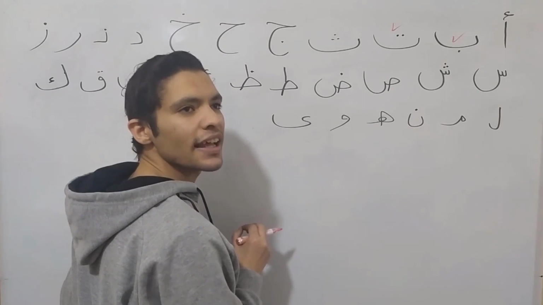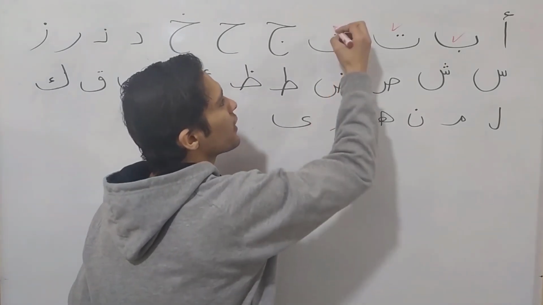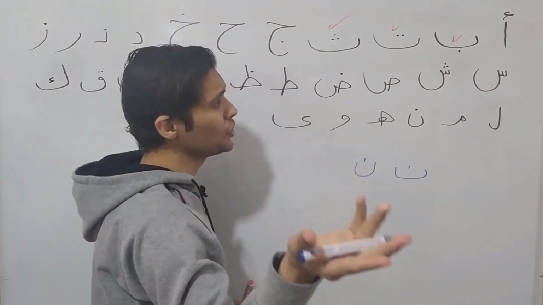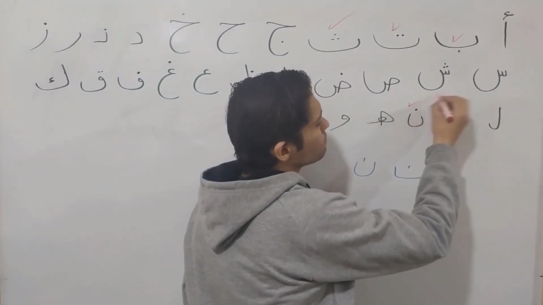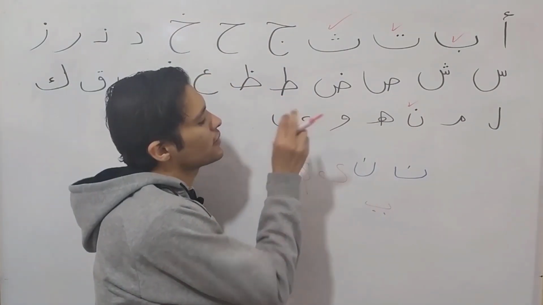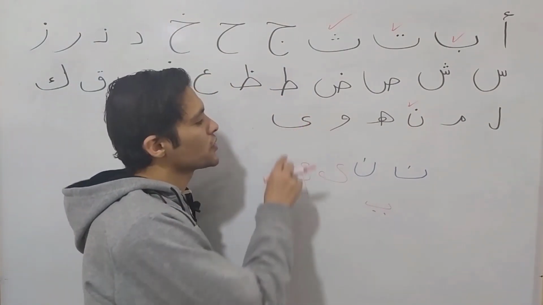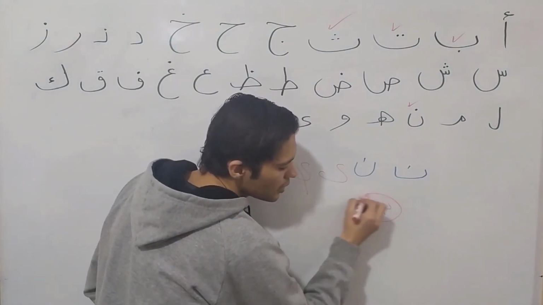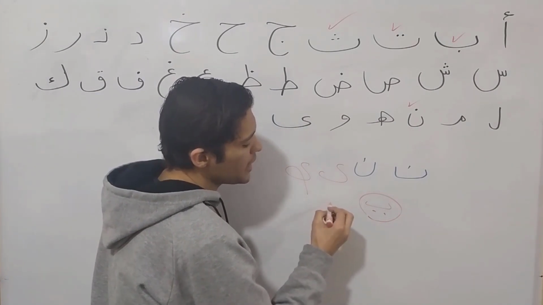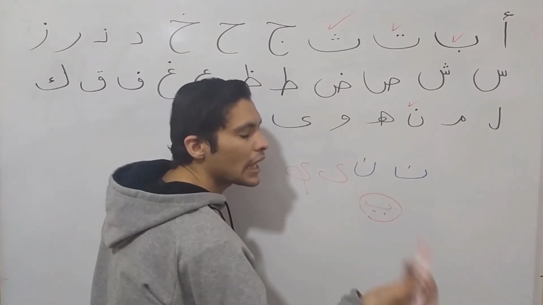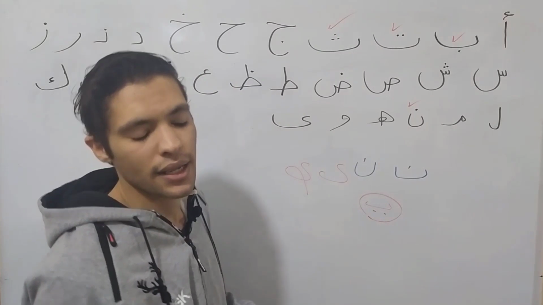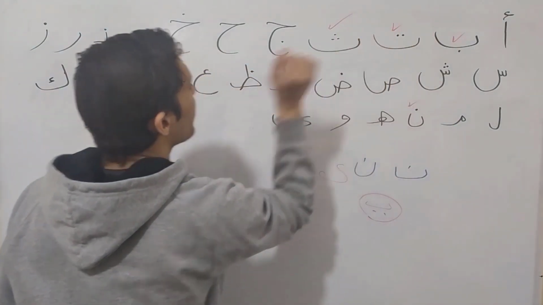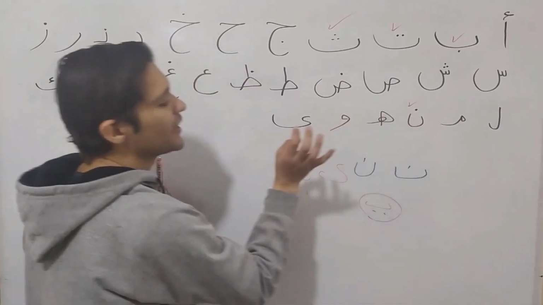So now it's the. And there is just one dot. One dot sleeping in the bed. It's noon. Okay? This is noon. It's yeah. Okay? So this is another shape, another form of this. How do you pronounce it? I pronounce it like yeah. So you say be, te, se, and noon and yeah.